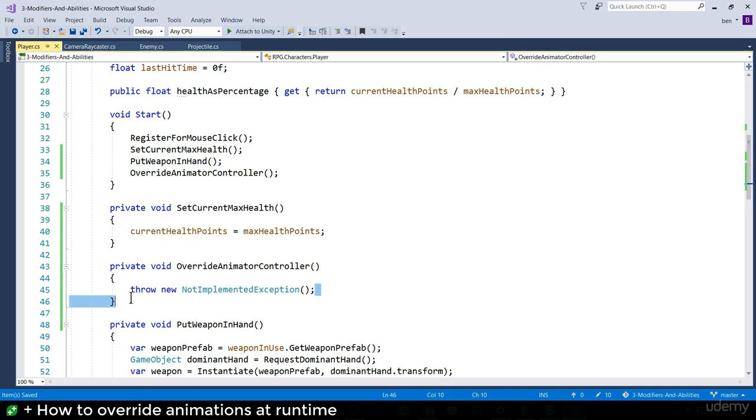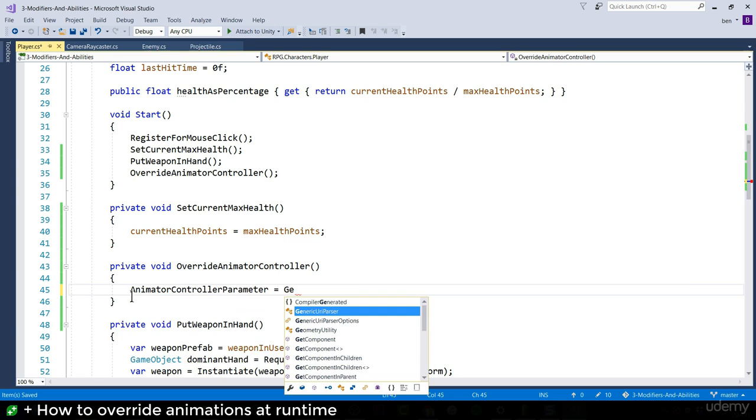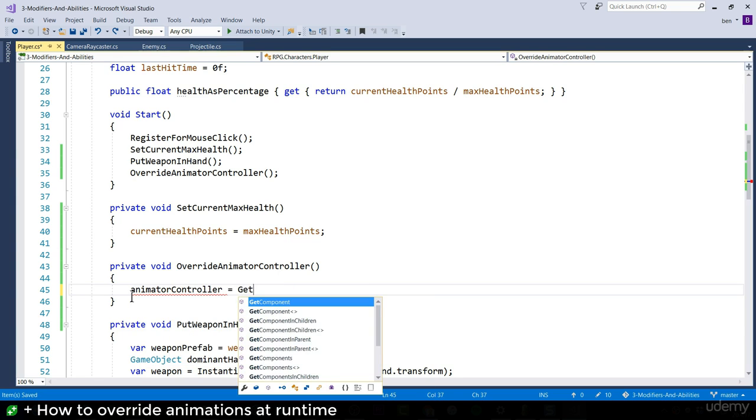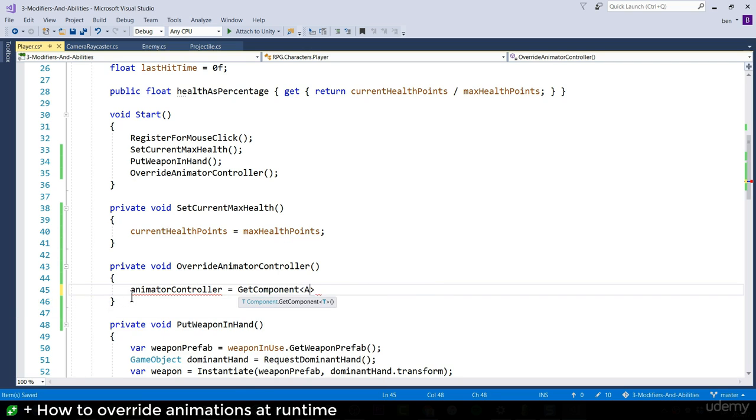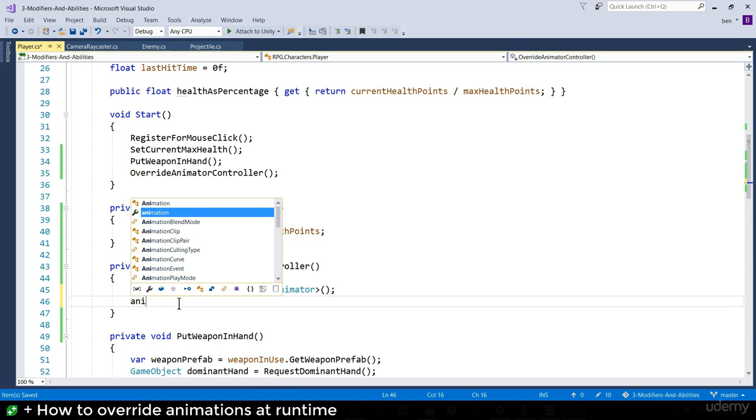So how do we override the animator controller? Well, the first thing is we better go and find the animator. So let's go and get our animator controller equals get component of type animator. Now this is happening in start, so we don't mind getting component just the once here. So we've got our animator now, or our animator controller. Let's just call it animator. Actually, it's simpler. Now, we need a type, of course. So var, what's that coming out as an animator? Good. Then we say to the animator,